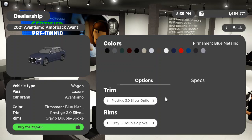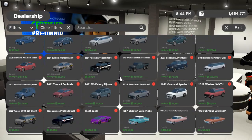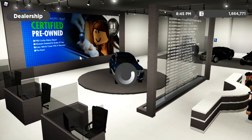But overall, this was definitely a big hype because new Audis to the game, and especially sport Audis, which is kind of awesome if you ask me. And overall, I am extremely excited for this car, and I know a lot of people are definitely going to be using it. We have a new A6 as well, just in a forward